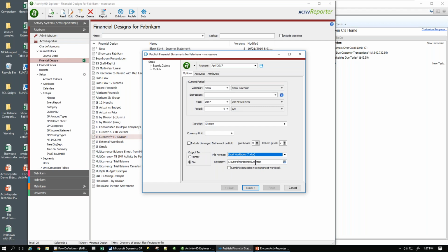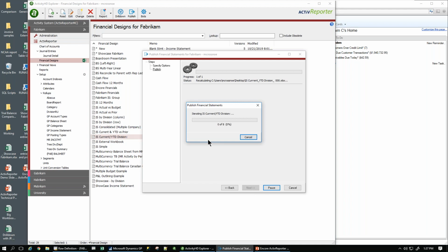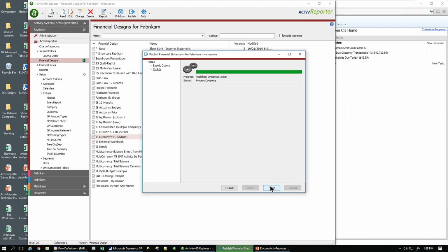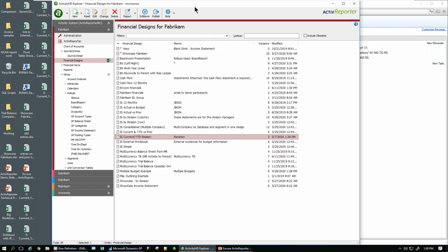I'm going to put them out to my desktop. I'm going to produce, iterating over division, the 8 different workbooks, one for each division manager. So I'm going to say next here, and you'll notice that they're coming up here in the background. So you'll notice on the desktop in the background, I'm producing each of these 8 different financials. And as soon as that finishes here, then I will show you that it just produced all of these